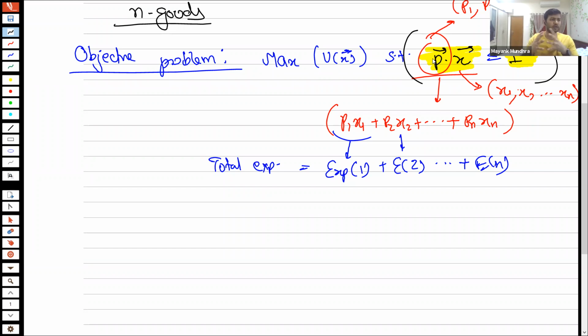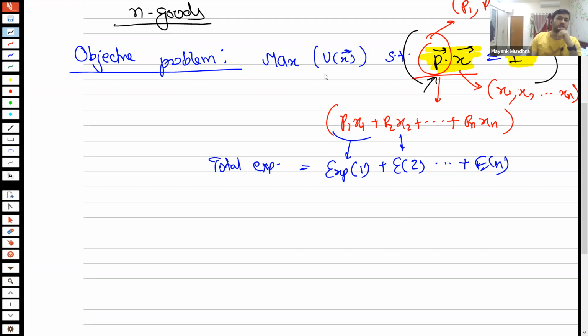Like for electricity, the more you consume, the higher the price goes. Then there are other things for which the reverse is true. For example, you buy in bulk, you get a lower price. You go in a supermarket and you find that if you buy 100 grams of something, you have to pay 10 rupees. But if you buy half kg, you have to pay only 40 rupees. So the price reduces as consumption increases. But for now, we are going to assume constant prices. Obviously, if the question demands you to change the prices as demand changes, this is where you have to tweak it.